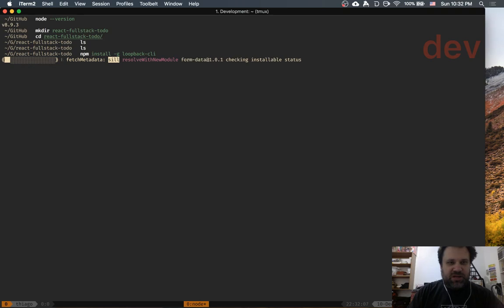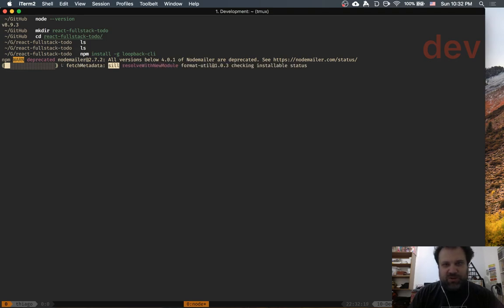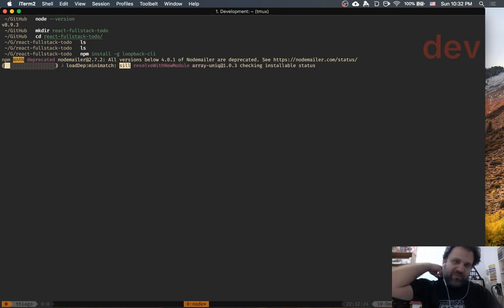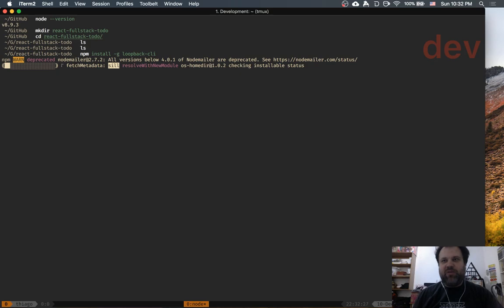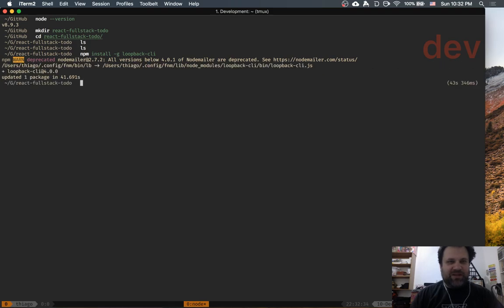doing the nonsense. So loopback is this really awesome tool, basically a tiny command line tool that you run, and it will ask you a bunch of questions, and it will create a whole Node.js based backend for you with a RESTful API and all that, and that's really awesome. As you guys are going to see, creating the backend is actually probably faster than this npm install just completed, right? So we're going to call lb,